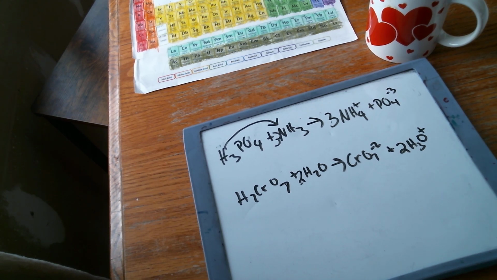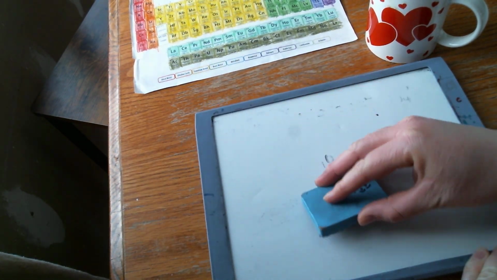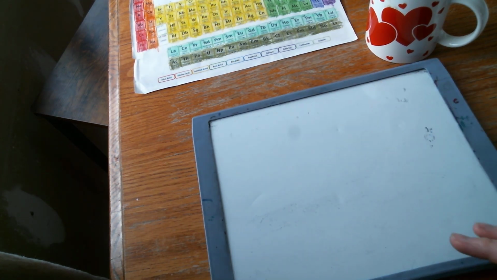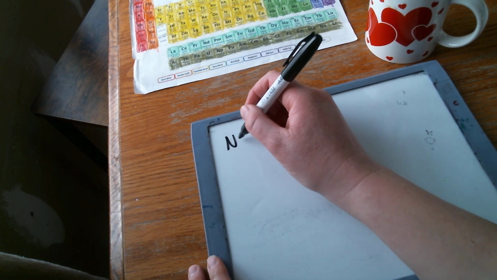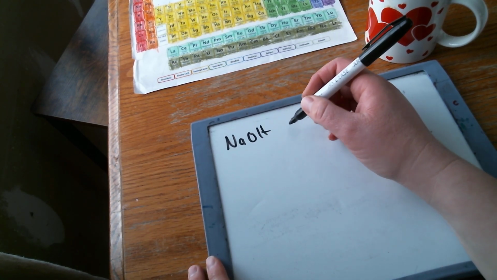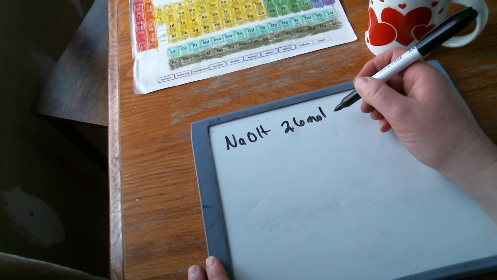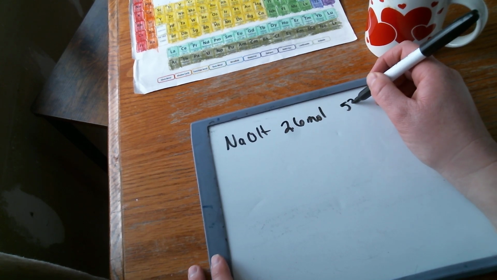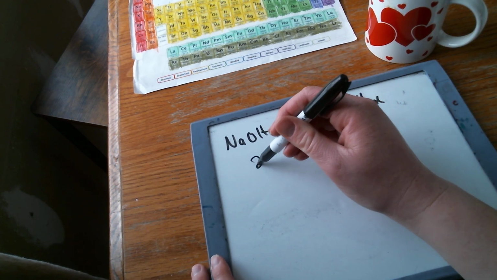Okay, now we're gonna get a chance to start working with some classic stoichiometry. These next few problems, we're gonna start kind of simple with molarity. What concentration in units of molarity is NaOH if there was 2.6 moles with a volume of 534 milliliters? So 2.6 moles